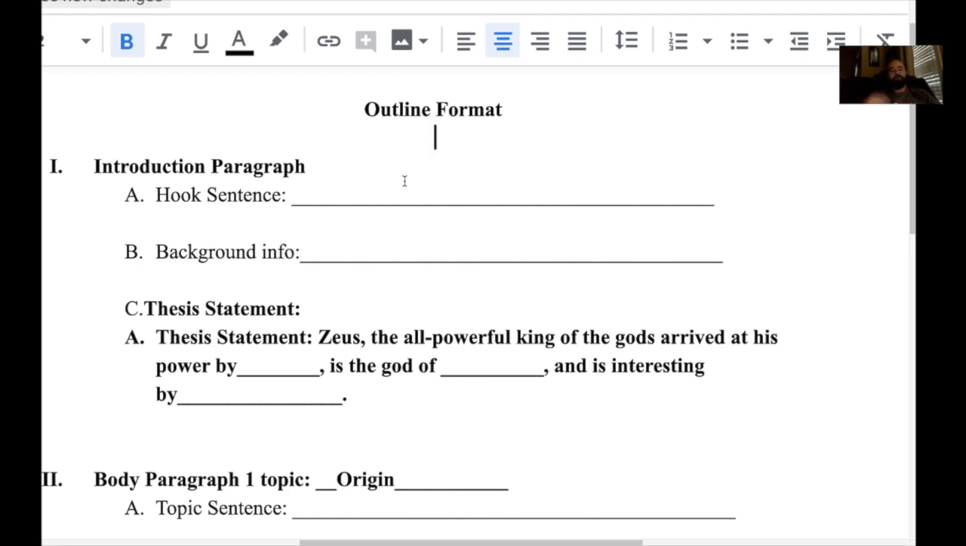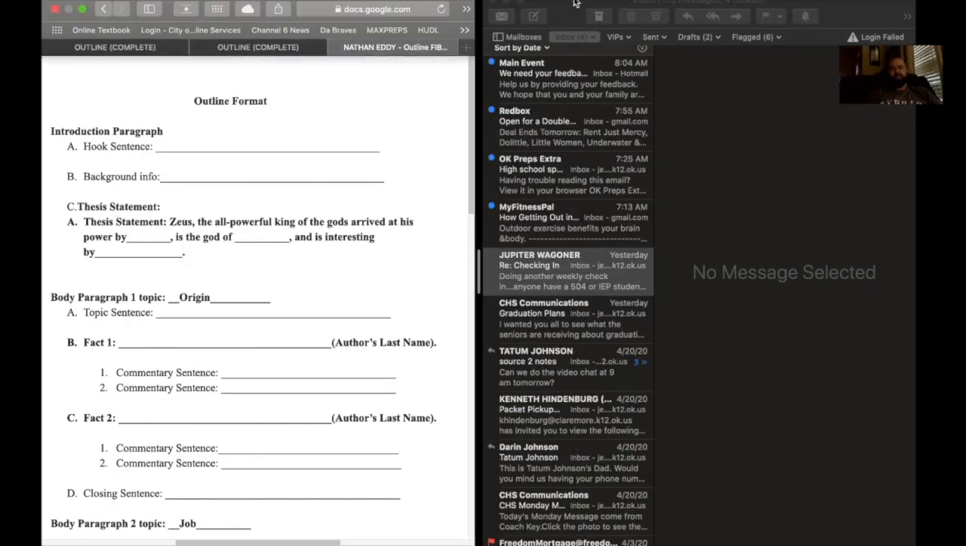Background info: you're going to set up who the heck Zeus is. You have to introduce him. Introduction paragraph, look at that, that's what we're doing here. So we have to introduce the idea of our person before we get into the very specifics. Now, the thing about being specific,